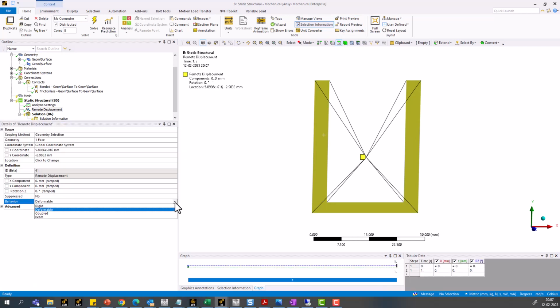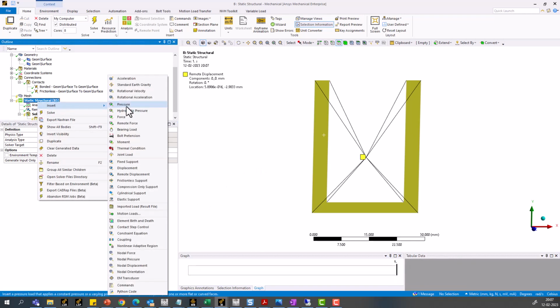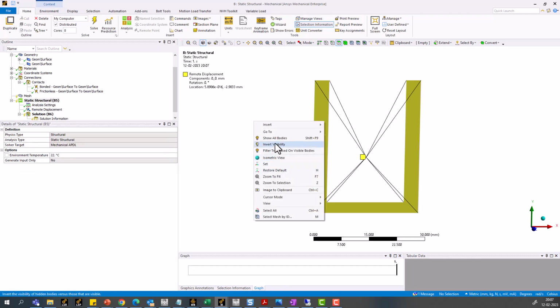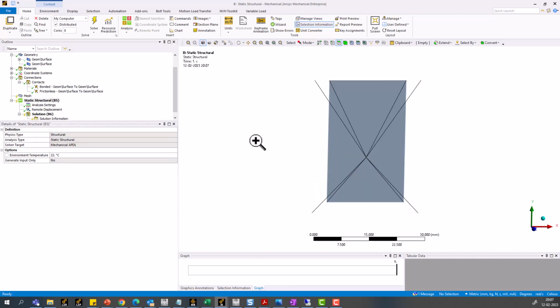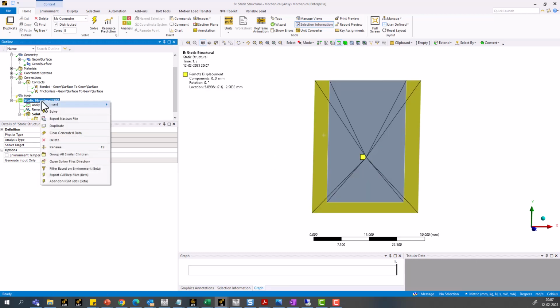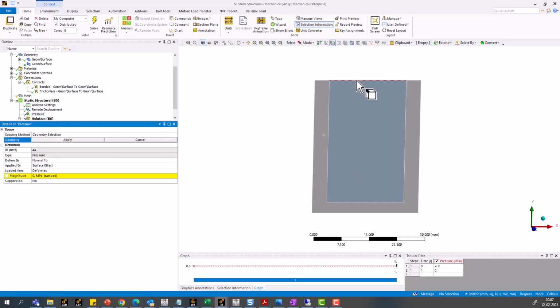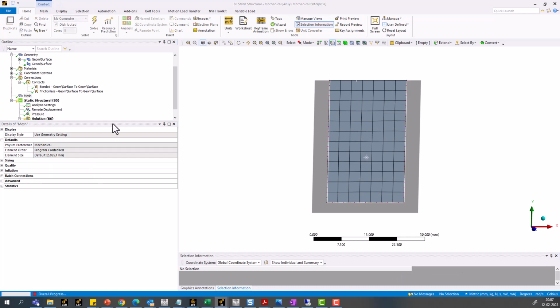And here you can change the behavior to rigid. Now the next thing is that I will go back and apply the pressure. Let me just apply 1 MPa, not more than that. You can definitely try with other values, but for the time being, because we are trying to compare